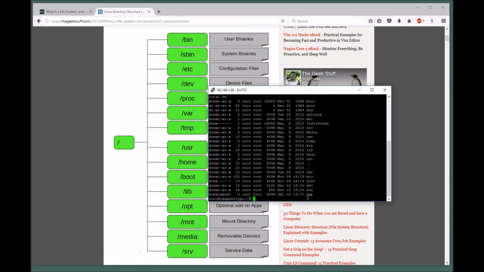So let's look at an actual Linux configuration. You do have your boot folder, we've discussed that. It's got your proc folder, we've discussed that. There's also a sys folder or directory, which is not on here, so a lot of system files also get run under the sys folder. There's mount, MNT, somewhere it is here, so that's where I could mount other things up. I could mount media. I've got the SRV, there's the user folder, there's the home folder, there's bin, lib, OPT,